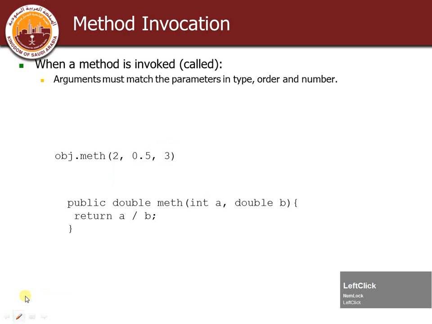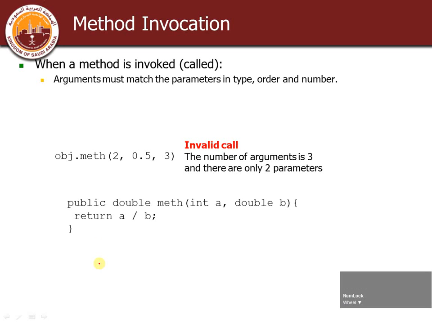So very important also, we said the number of arguments is important, the order is important, and the data type as well is important. Okay,